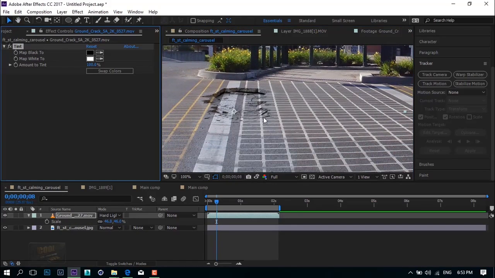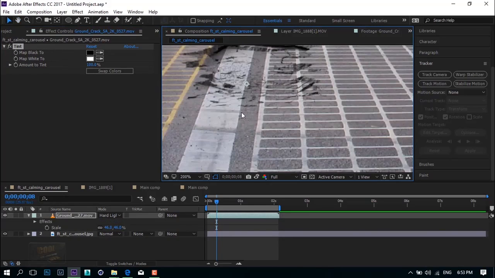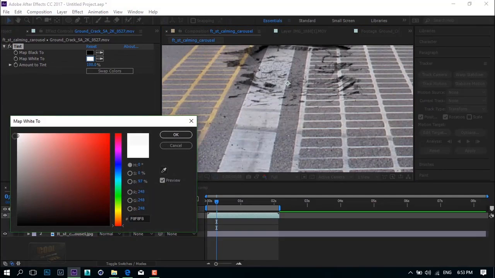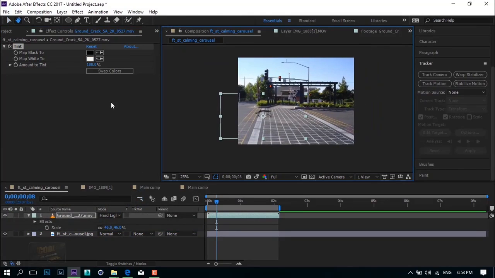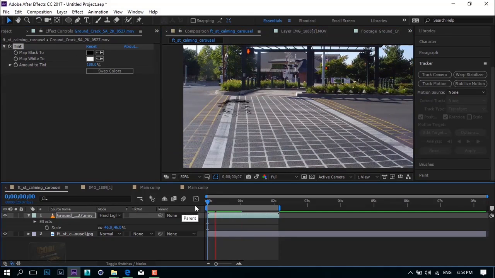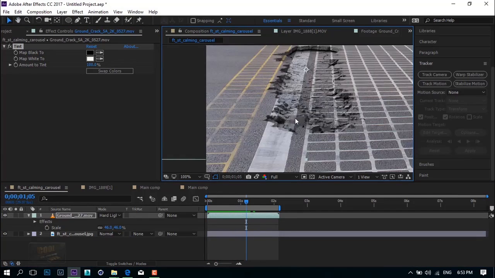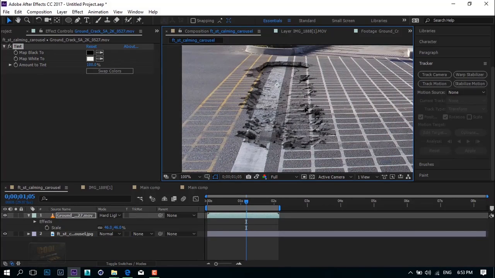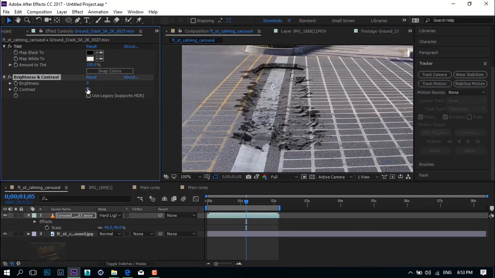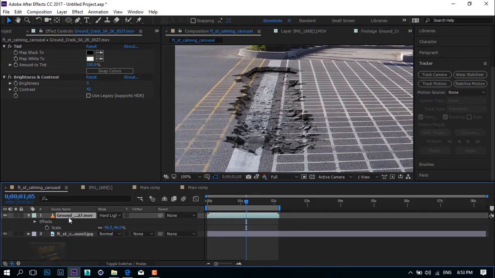Then add a tint effect to remove this blue color, and from the white we can decrease the brightness and now let's preview. Nice, but we need to get this distortion. Let's move it. Let's add brightness and contrast and increase the contrast a bit. Now choose your elements and